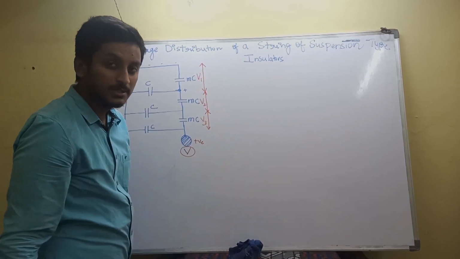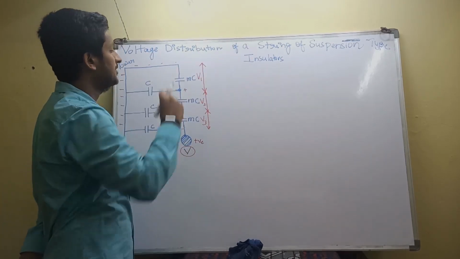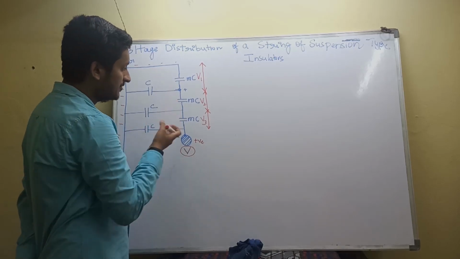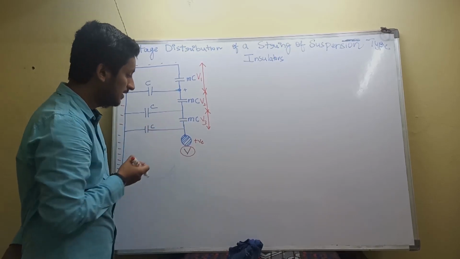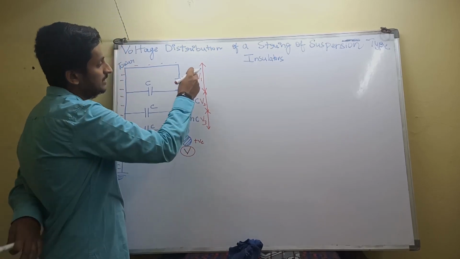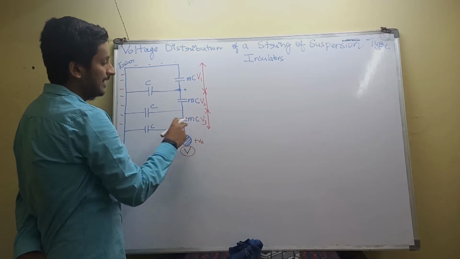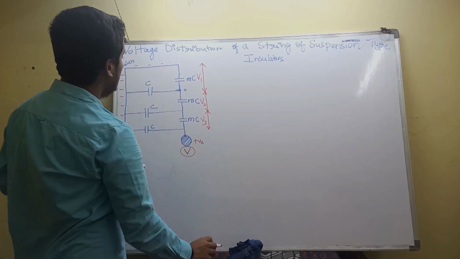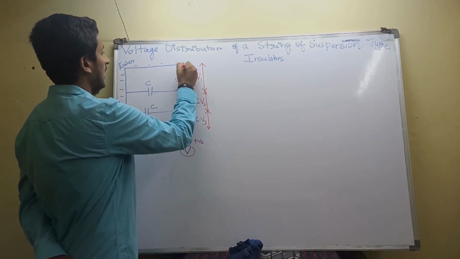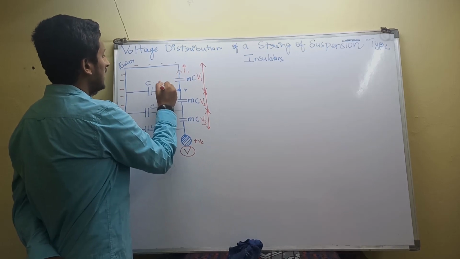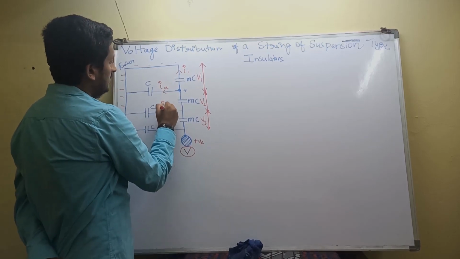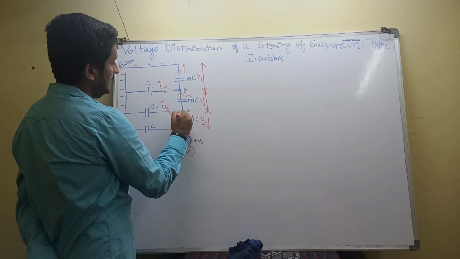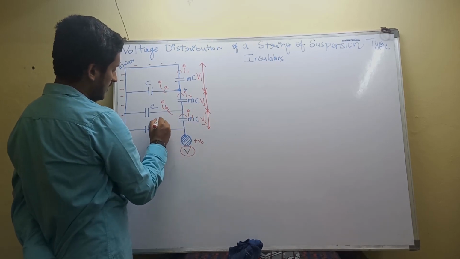Now we are going to find out the total voltage distribution of a string. These are in the form of strings, that is why we are calling it a string. As there is existence of voltages and capacitance, there is definitely existence of current also. So the currents I will be giving here. Let us name them I1, this is IA, this is IB, I2, this is I3, and this will be finally IC.